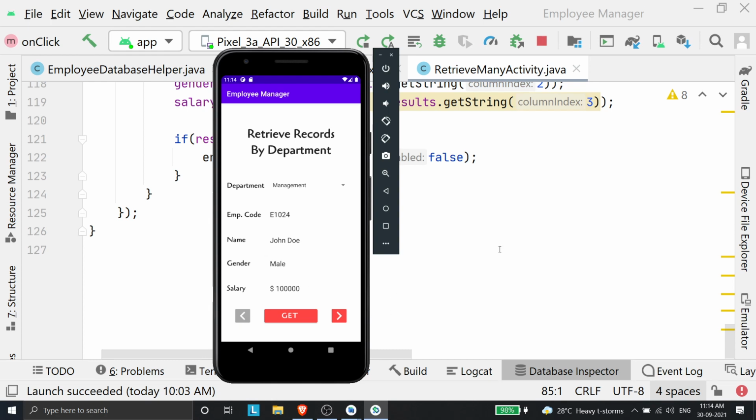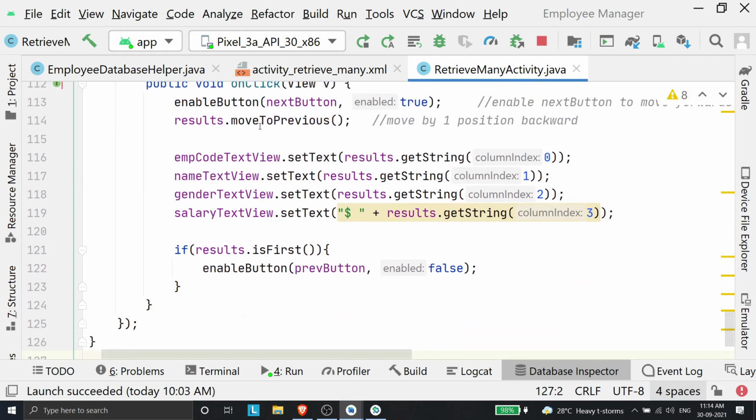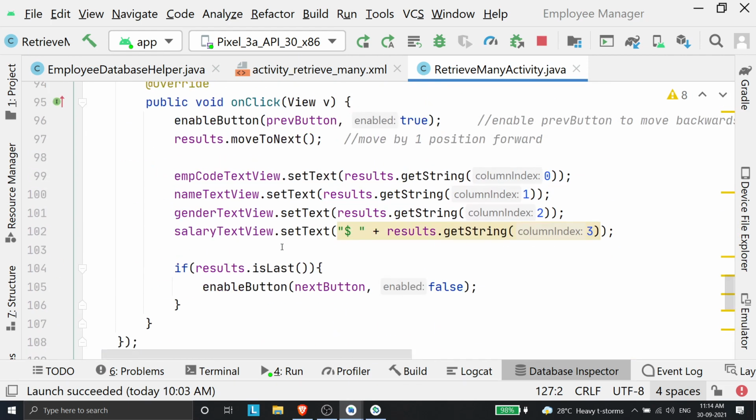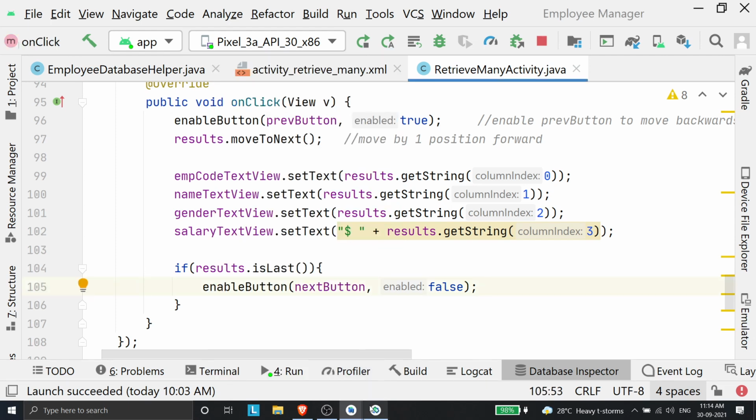So that is it. If I return a string array, I will be needing to move through the string array, but with string arrays, I will not be able to use these functions like move to previous, is first, is last. Those functions will not be available to me. These functions make my life easier with respect to coding the logic for these buttons, right? So it's better to return a cursor when you have multiple records and then traverse the cursor from your code side instead of returning string arrays. So this will be easier for you. And that concludes my demonstration.